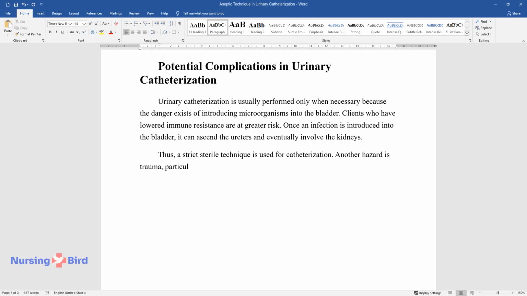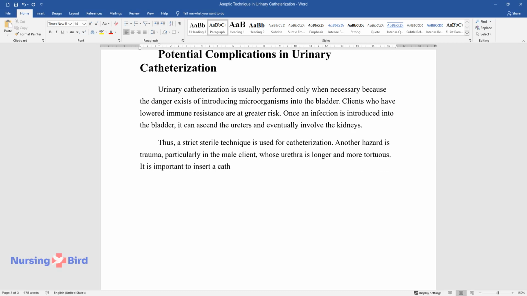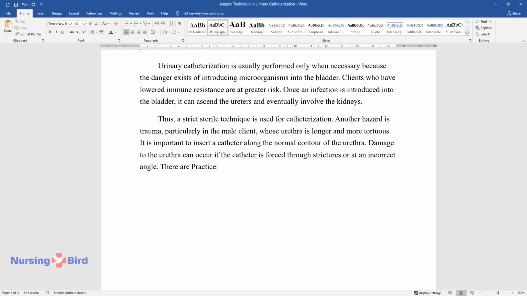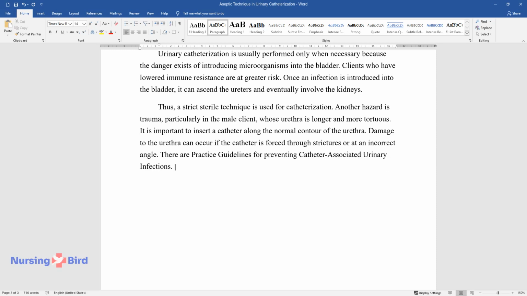Another hazard is trauma, particularly in the male client, whose urethra is longer and more tortuous. It is important to insert a catheter along the normal contour of the urethra. Damage to the urethra can occur if the catheter is forced through strictures or at an incorrect angle. There are practice guidelines for preventing catheter-associated urinary infections. These necessitate the importance of having an